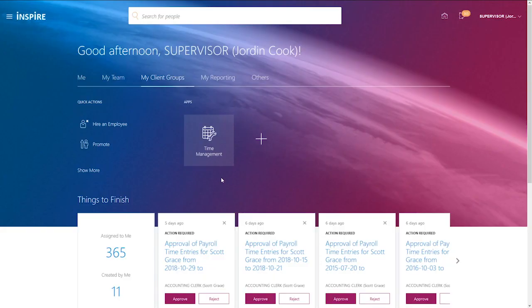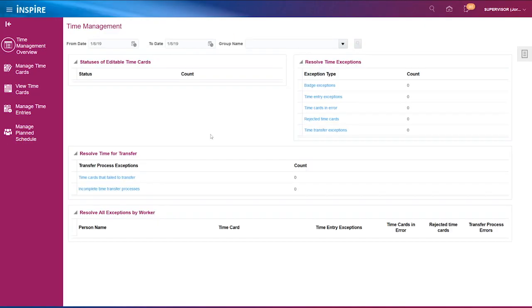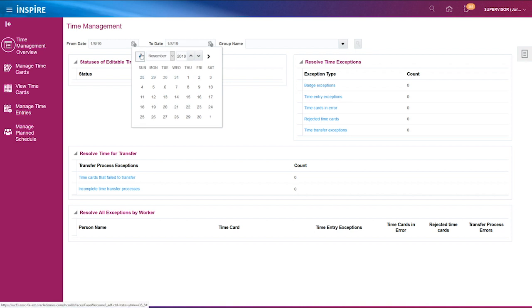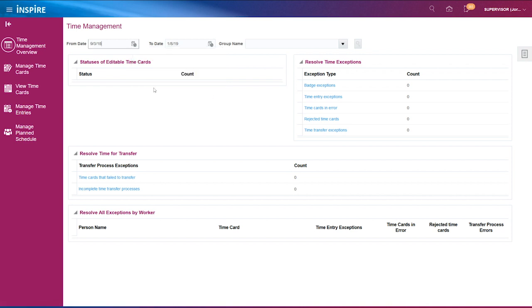But sometimes I need to go into time management administration and review all transactions at once. So I'm going to bring up a span of time, and I'm going to bring up my group in which I'm responsible for. And so I can quickly see from my time management dashboard a number of different things. I'll be able to see the statuses of the different time cards, I can see how many have been entered, how many are approved, how many